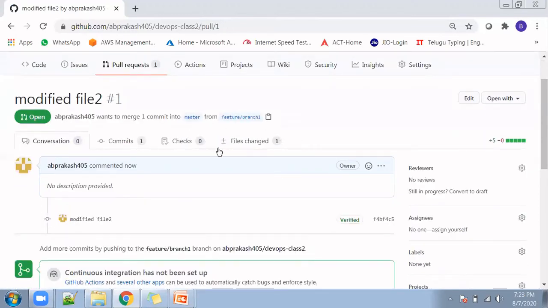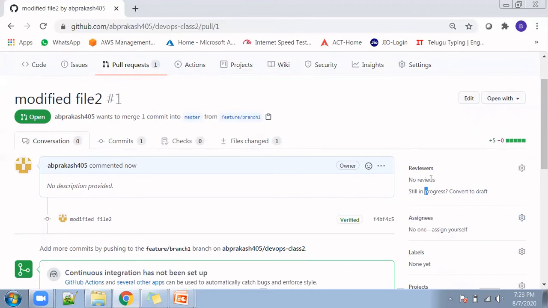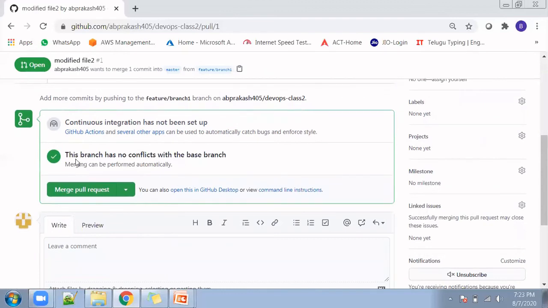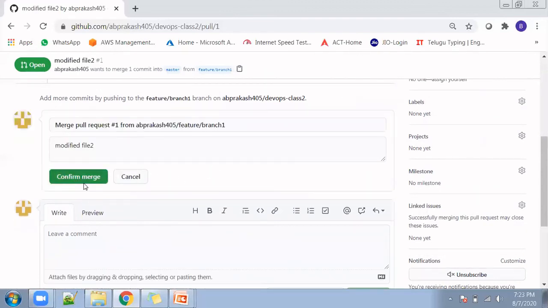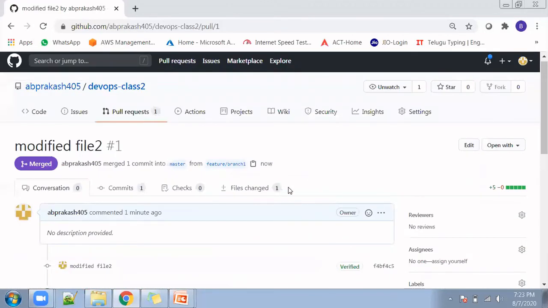In this process, you can add approvers who can review your pull request and approve your request. Currently I am not seeing any approvers here, but in a real-time scenario, when you're working in a project, you will see a list of approvers here. You can add your manager's name or some other names so that they will review your pull request. They will see which files changed, what changes you have made, and then they will approve. Once approval is done, then you can click on merge. Now merge is happening. Merge is completed.